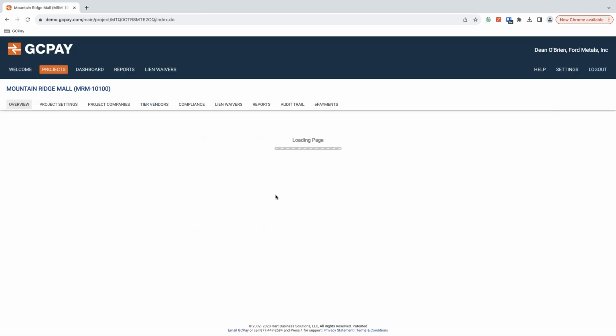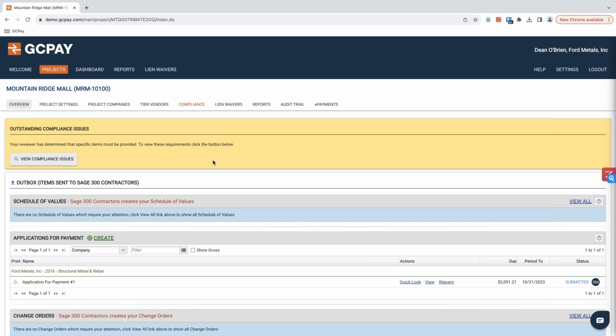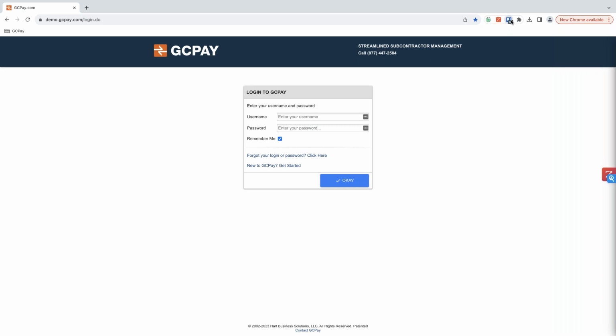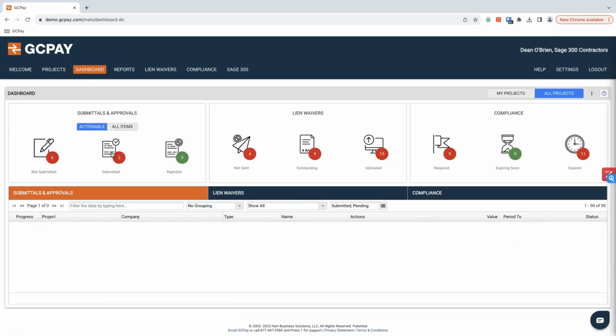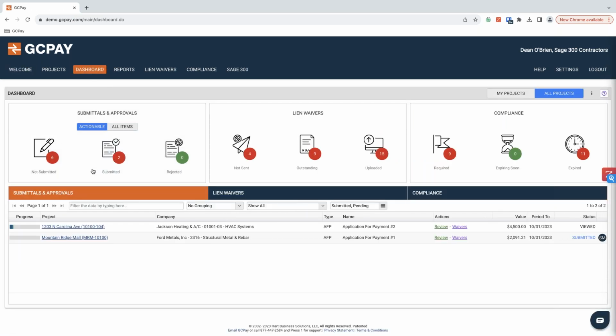From here, I'll press submit, and I push this payment for application back over to the GC to review and approve. Logging out as the sub, logging back in as the GC. Again, I can just navigate straight to my dashboard and see all of my submitted items in one spot that need my attention. I can see Ford Metals has submitted this Mountain Ridge Mall payment for application, and I can